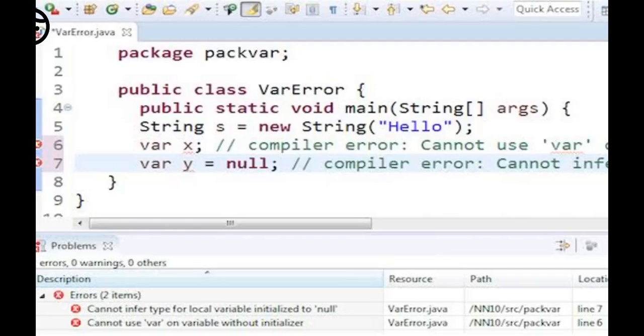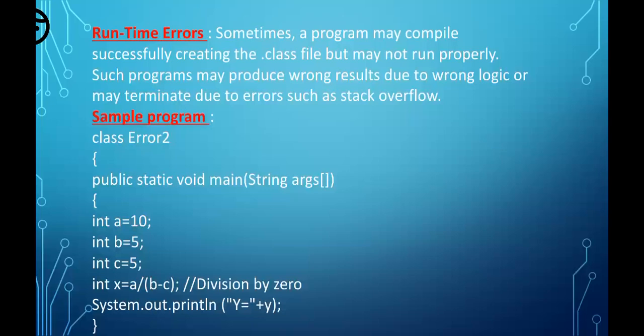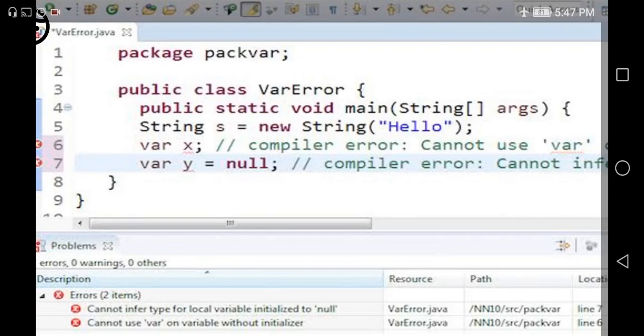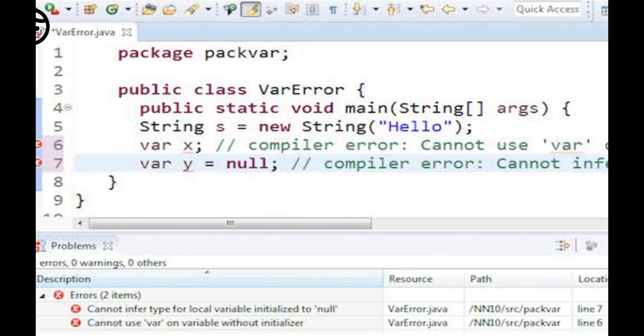So here you could see the example. Here you could see I used var x, so I can't use a variable here, that's why it shows us a compiler error while we are typing.